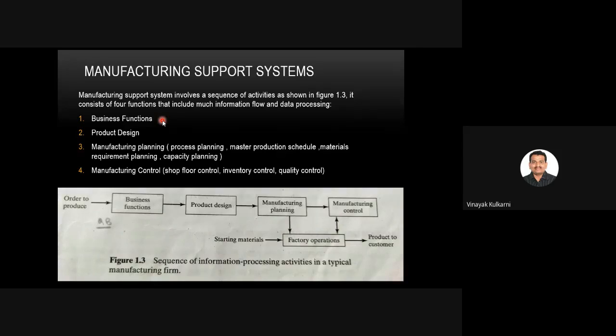The production order will be in one of the following forms: an order to manufacture an item to the customer specification. This is the first thing. That is, the customer will give you a specification, saying I want this product to be made. Second, the customer orders to buy one or more of the manufacturer's proprietary products. If someone is making steering systems, Maruti will contact them and buy the steering systems from them instead of producing them. They will know that this company is making steering systems for Tata, so we can also buy from them, and they buy it.